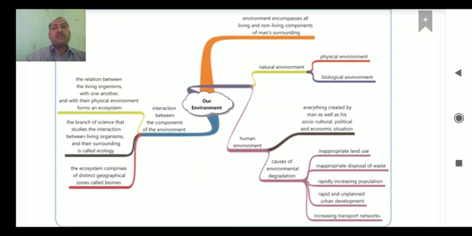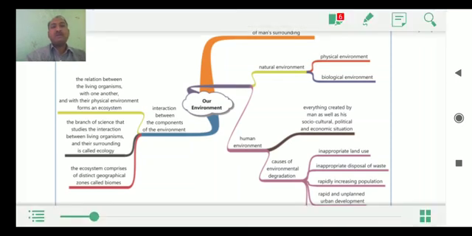As you know, every country is trying to develop itself, and human beings have been doing various types of activities to develop themselves, not only for themselves but also for their nations. So their activities are also responsible for the loss of biodiversity. This concept is known by the name of environmental degradation. Environmental degradation means loss of biodiversity or depletion of environment.